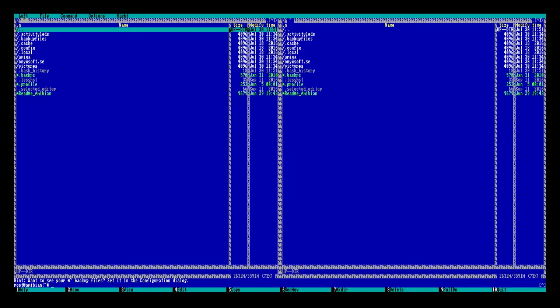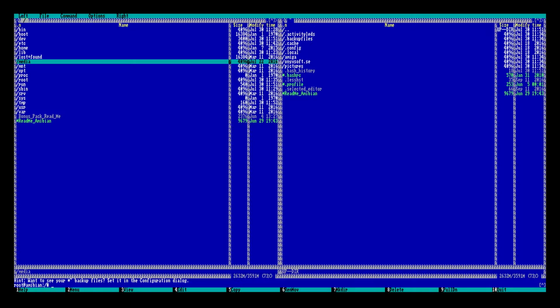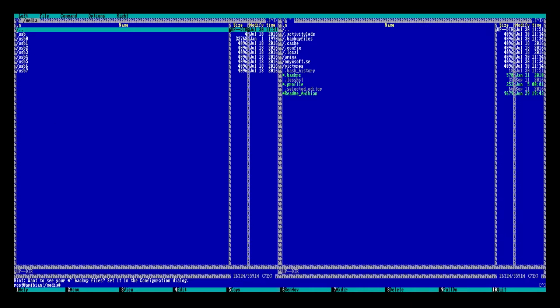So if you've ever used an FTP client before, this should look familiar. Essentially you've got two file explorer windows, one on one side, one on the other side. We use this to copy files between two locations. We're going to use the left side to access our USB stick. If you hit the two ellipses at the top and go all the way out to root, we're going to click select media. I'm using arrow keys and an enter key on the keyboard, by the way, to do this. There's no mouse support in here. So we're going to select USB, and this will show us the root of our USB stick.